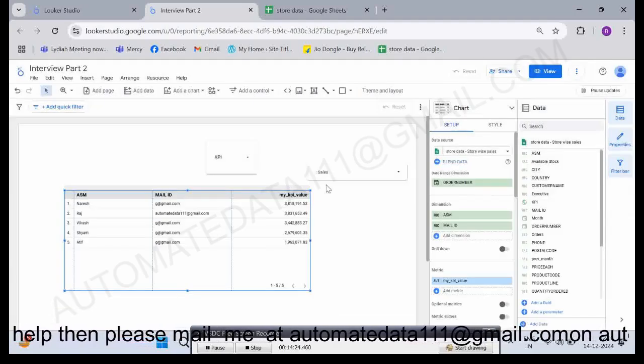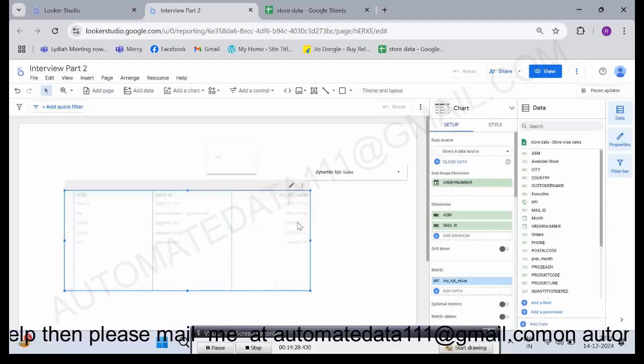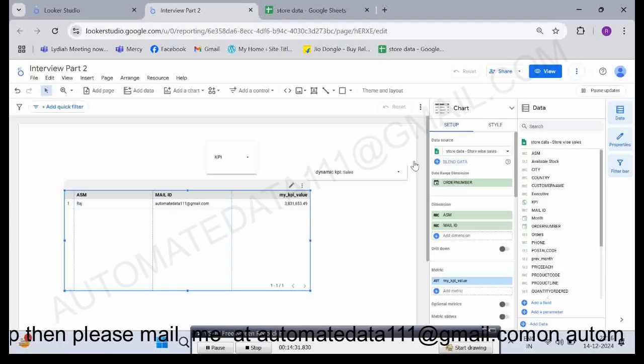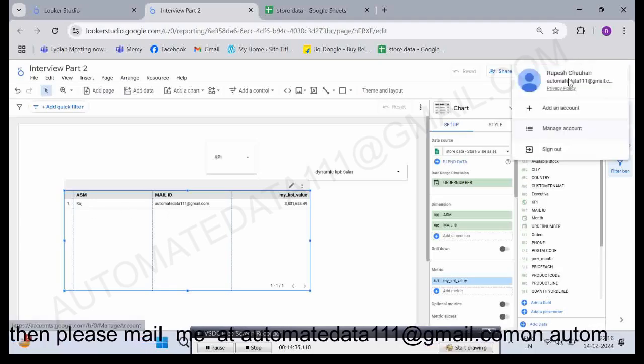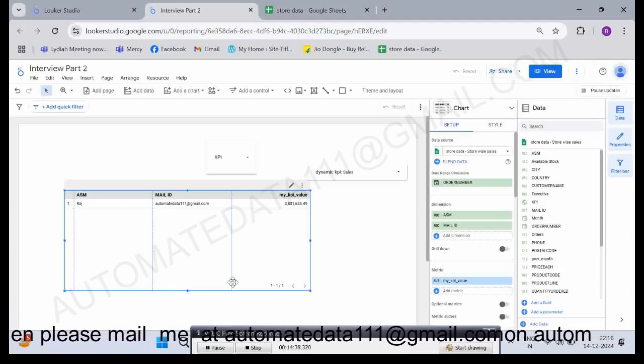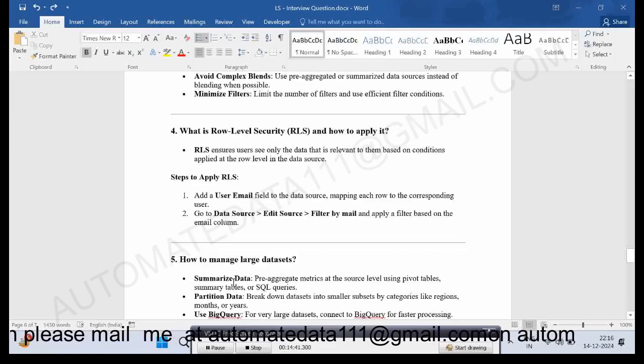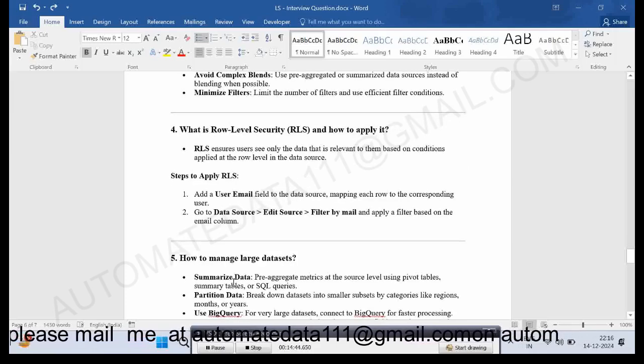Once you've done this activity, just wait. So now if you see, it will automatically filter my data based on my mail ID. So this is called row level security. It's not rocket science, it's just your logical thinking, how you can prevent other users from seeing